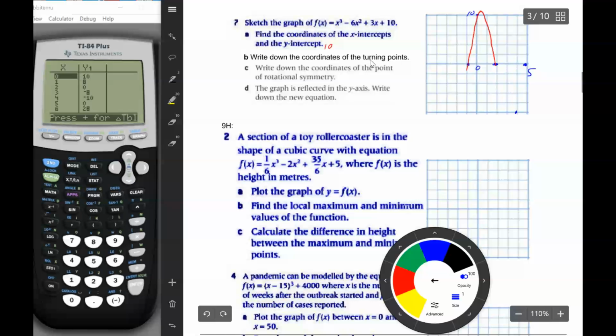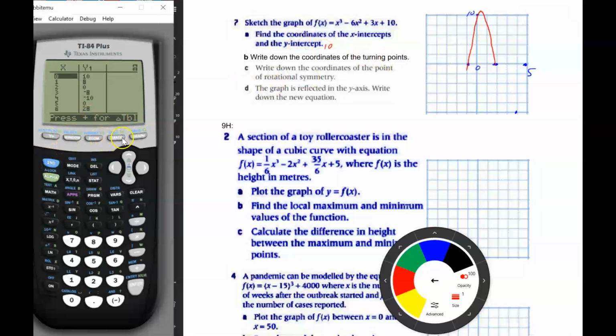I'm thinking that it goes below that, but let's look at the max and the min points, because it says write down the coordinates of the turning point. So let's do that. The way we find the turning points is we do second calc minimum and maximum. So we'll do maximum first, which is 4, and then